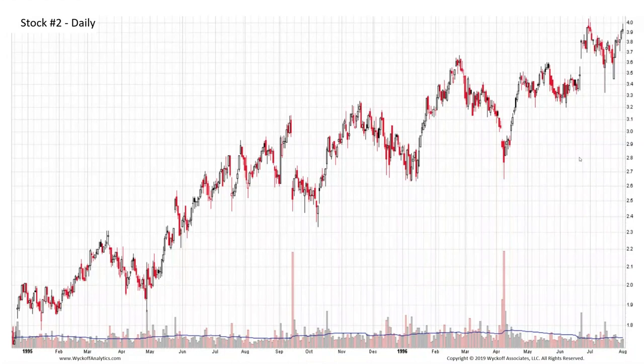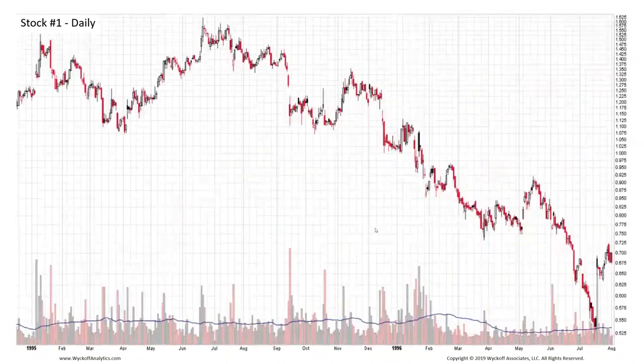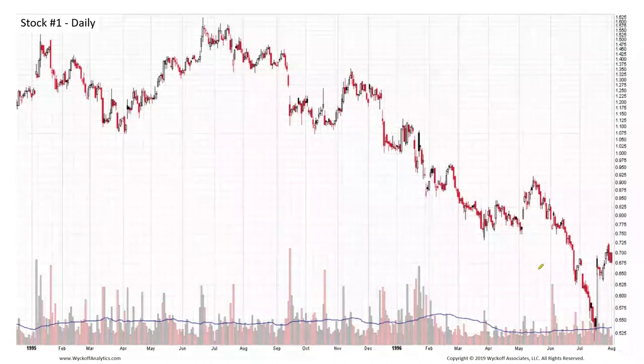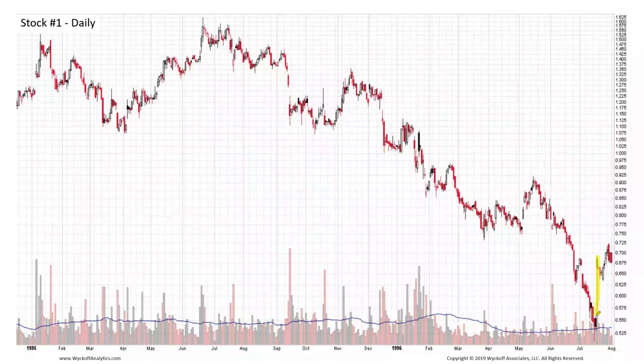And I would say that this trend is going to unfold with less intensity and supply still going to be present. And then stock number 1 is very interesting because we have a lot of volume coming in,